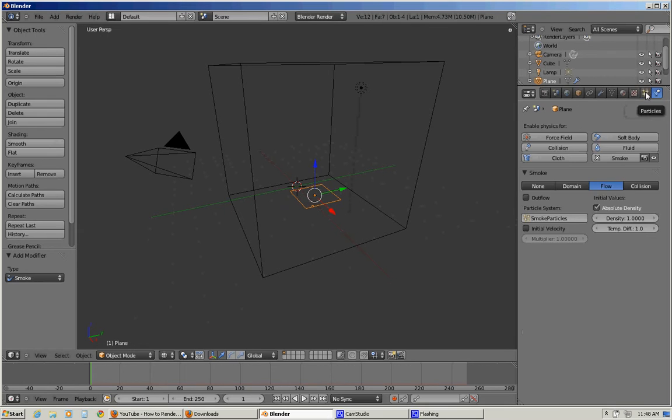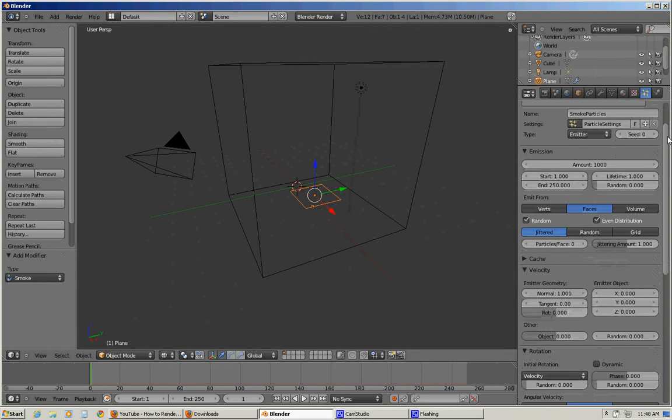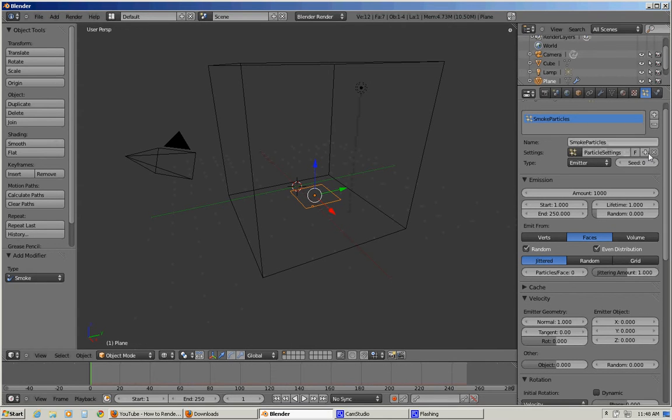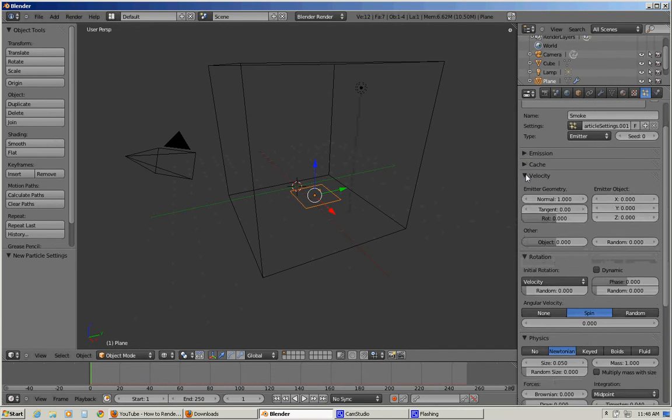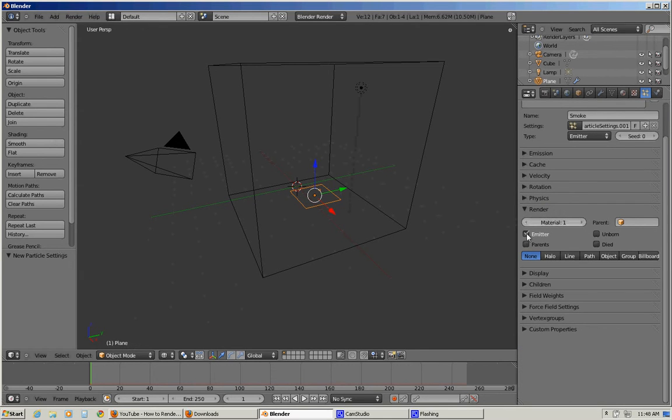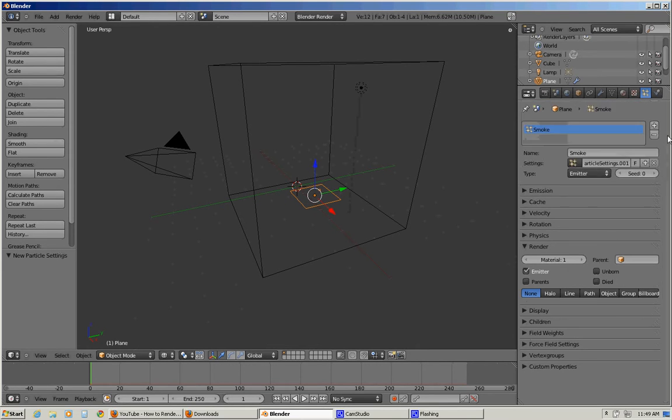Then we'll go into the particles and make sure to make our own smoke settings. We'll add more emission for more smoke right there. Next, we're going to set the render to none here, so it doesn't render any particles in the final product. So next, for the cube,